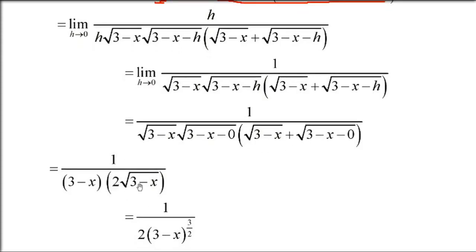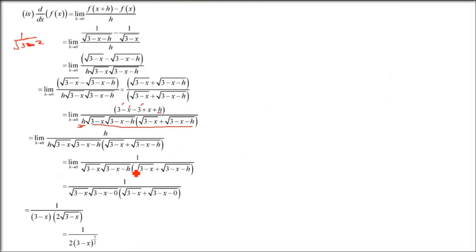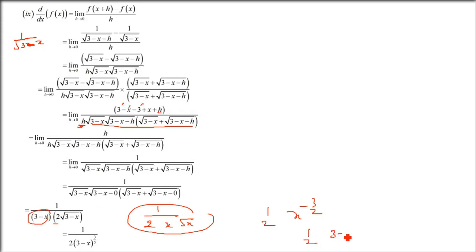So 1 by 2 root x type question we have already done. So let us assume it to be x, then we'll see. You can just write it as 2x under root x. Either you can do like this, 2x under root x. And this is x raised to minus 3 by 2, because one is x, one is x raised to 1 by 2. So either you can write like this or half, 3 minus x raised to the power 3 by 2. In the denominator also you can put 1 by 2, 3 minus x raised to 3 by 2.